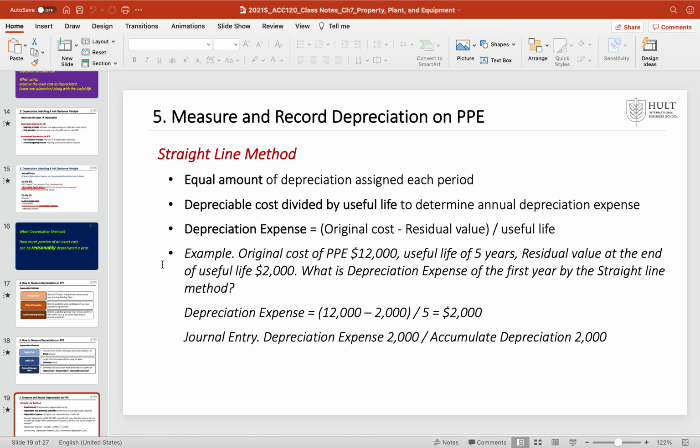So depreciation expense by the straight-line method is calculated as original cost minus the residual value, divided by the useful life. So the same amount of depreciation expense is distributed along the life of the usefulness of